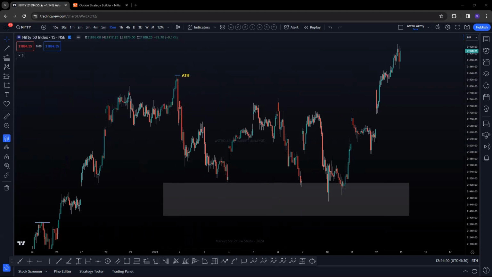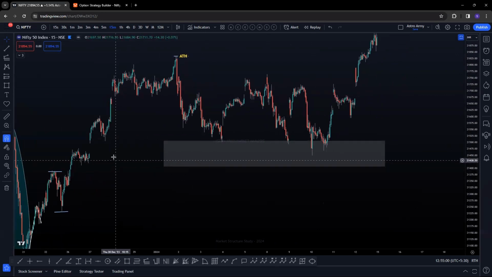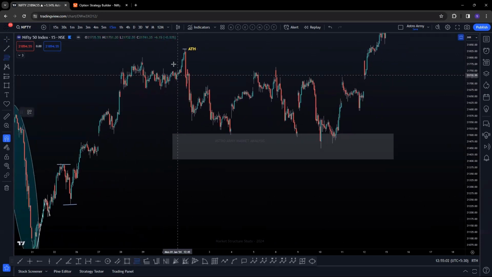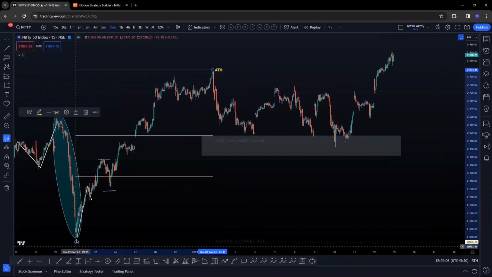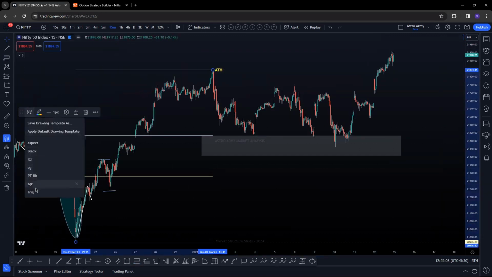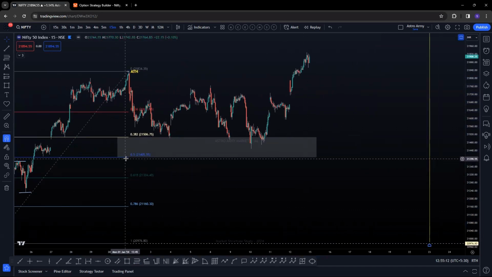So recently, what has happened here is very simple. We had a wave 4 setup, right? In this wave 4 setup, in a shorter time frame to medium time frame, a single simple thing is that this is not going to fall below your 38 to 50% zone, right? If you mark your 38 to 50% zone, it's coming around 21,500 to 21,400.